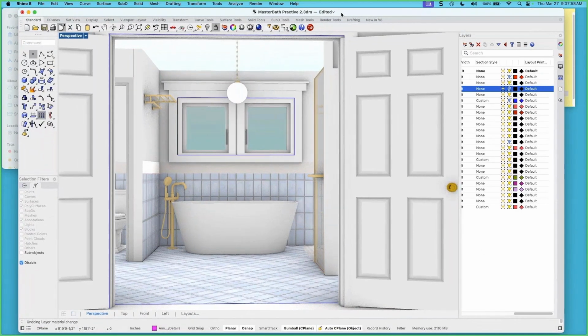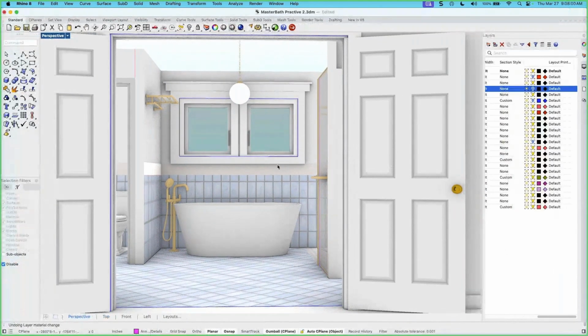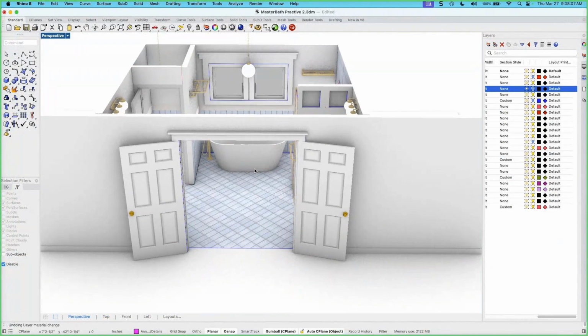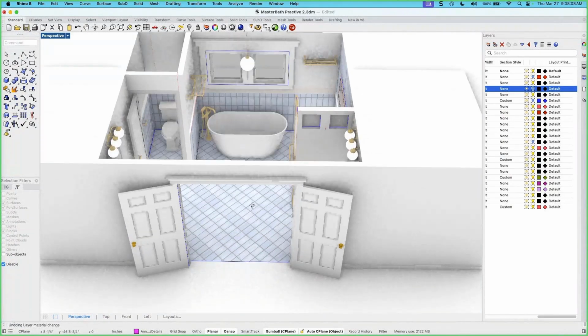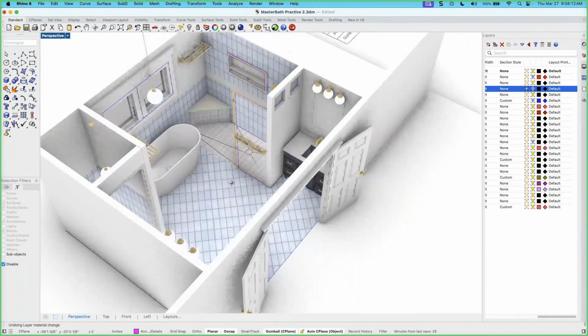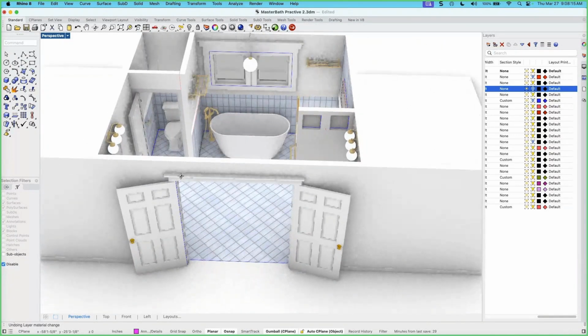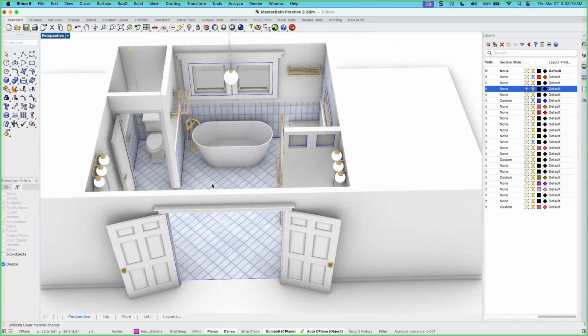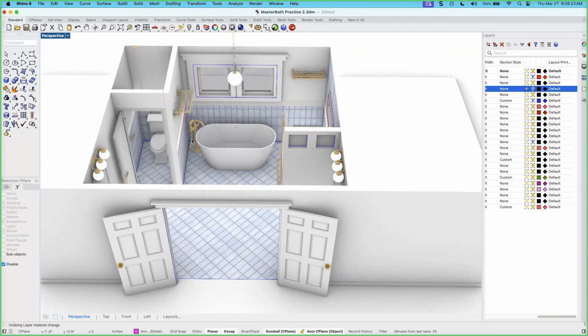I want to show you what we are going to be creating. So this is the 3D model, and I can rotate it around, and I can look at it from the top and from any angle. And what is good to point out here is when you're doing a kitchen or a bath remodel, you're not going to be